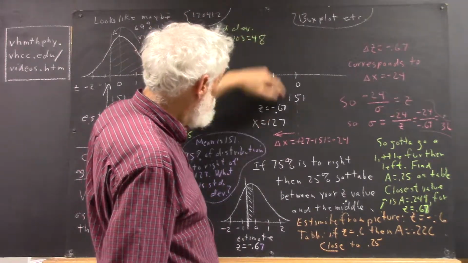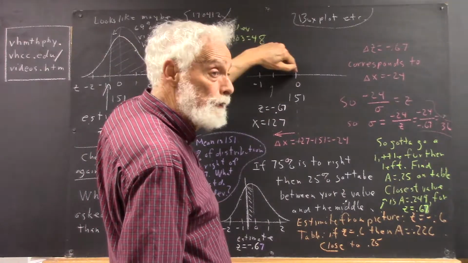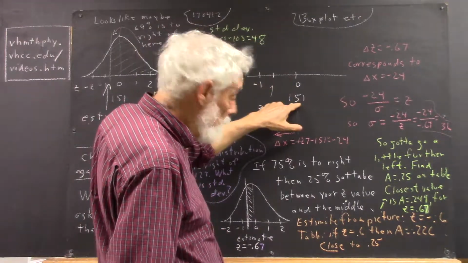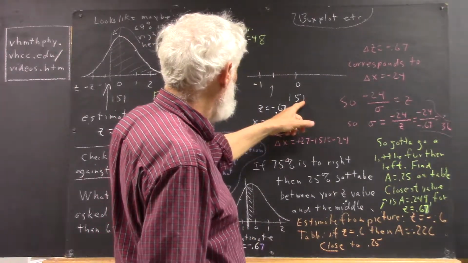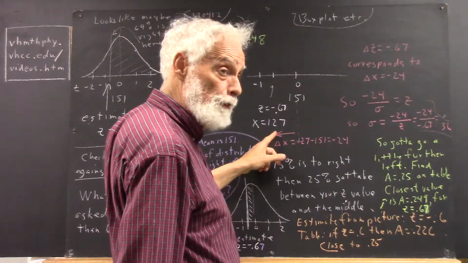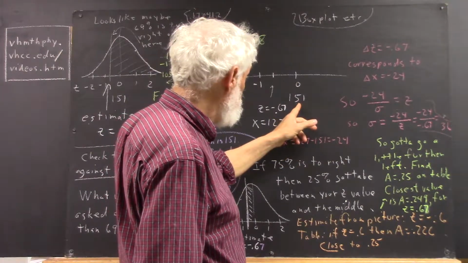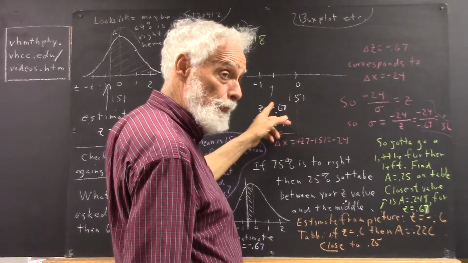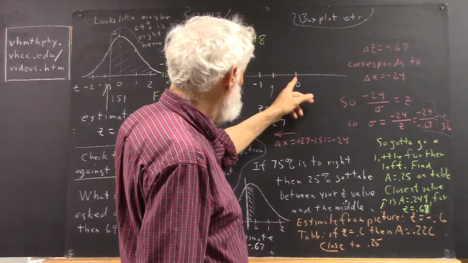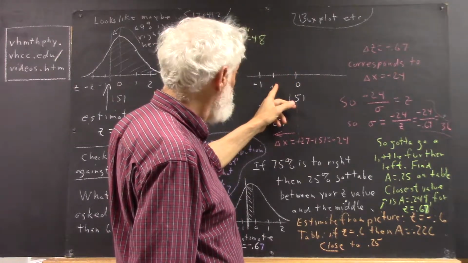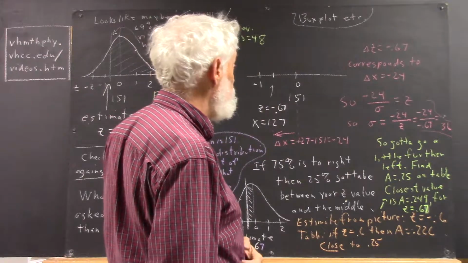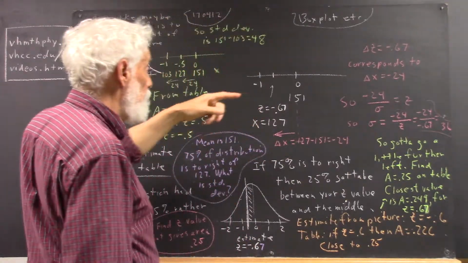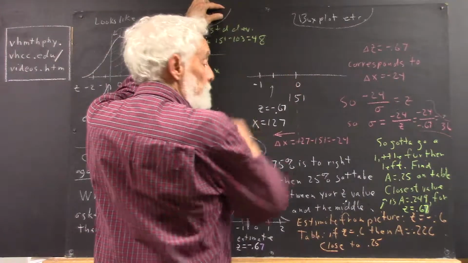Well, we know where this point is between 0 and negative 1, and we know how far it is to the left of the mean, because the mean is given as 151. So from 151 back to 127, how far is it? Well, it's 24 units going from here to here. So this z difference here corresponds to 24 units. So what we can say is that the delta z between here and here is